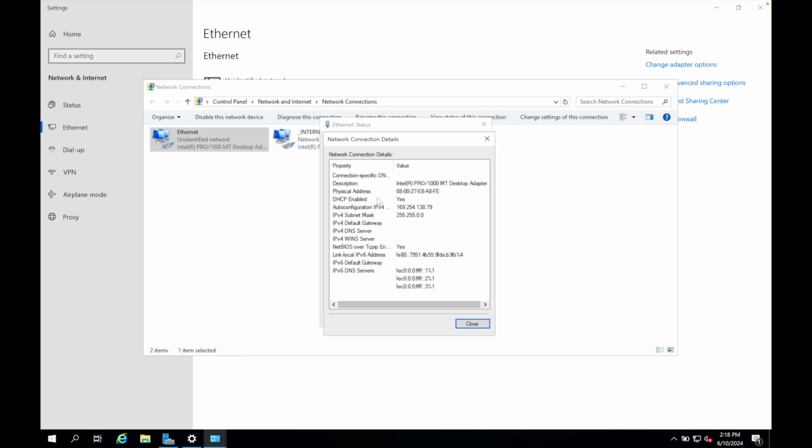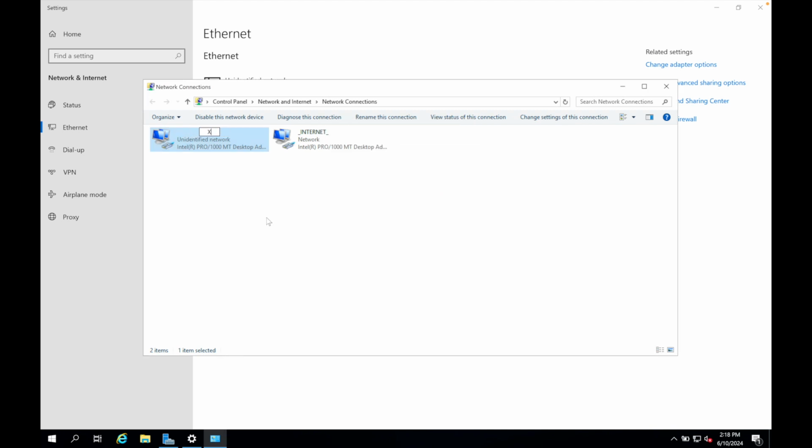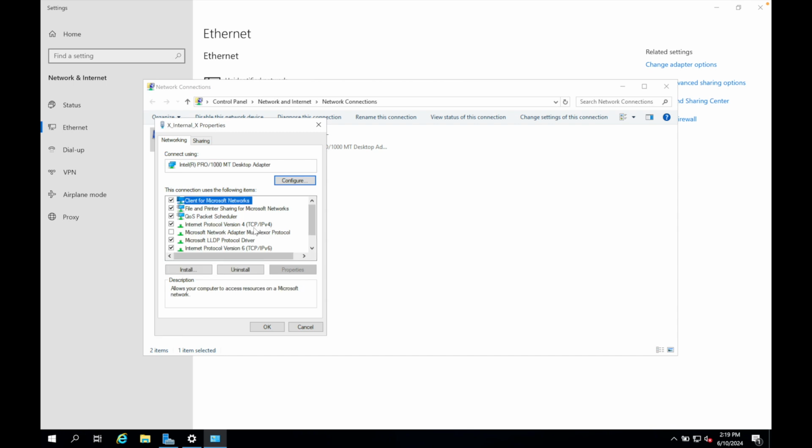So instead, this address was automatically assigned to it, and that's how we know that that's the internal network. We'll right-click on it and rename it to x_internal_x, making it distinct from the other one. To assign an IP address to it, we'll right-click on it and select Properties, and we'll change our IPv4 by